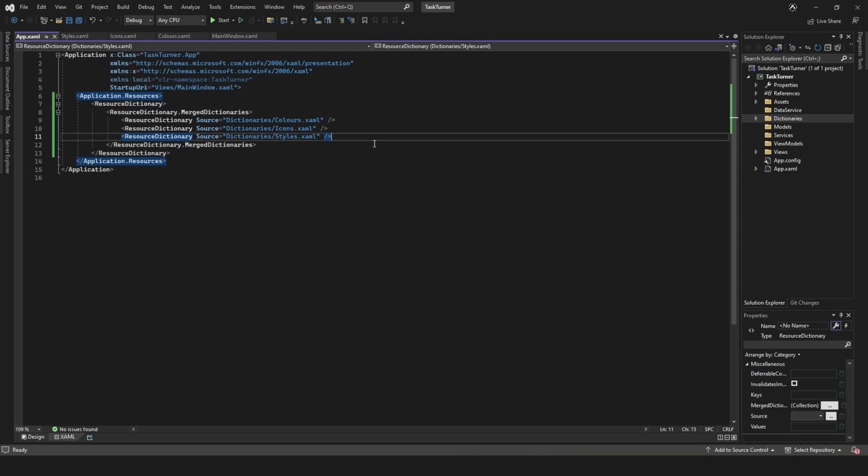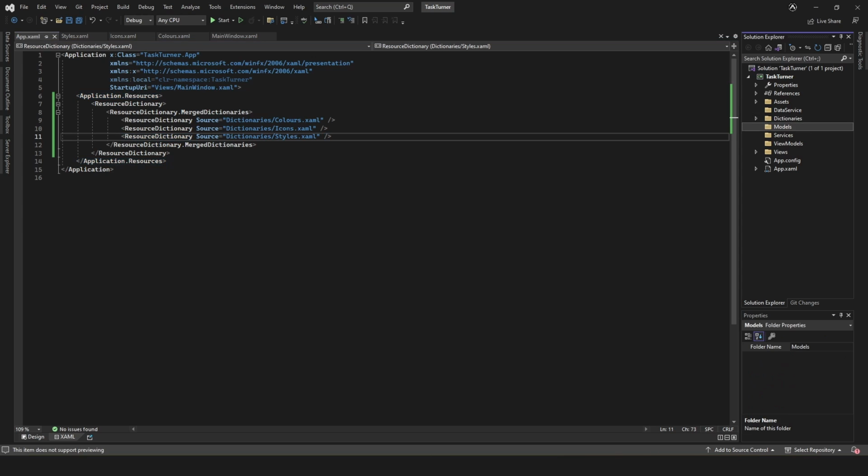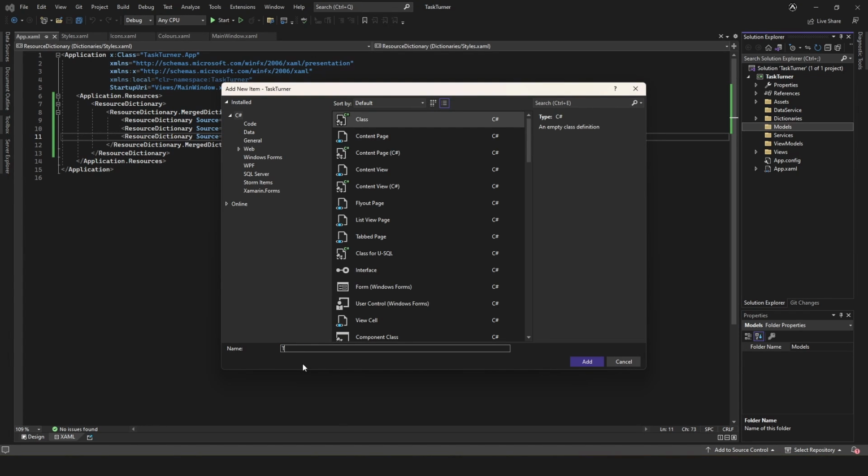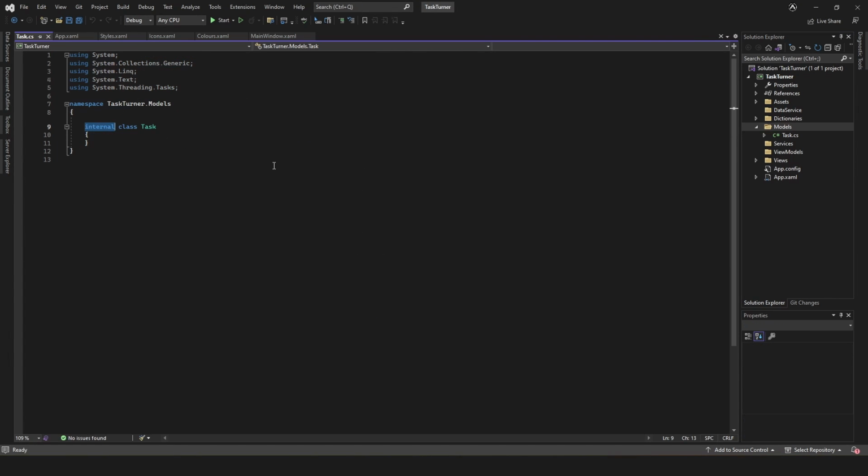So now I want to come over to models, and we're going to add a task model, which is going to contain all the information for our tasks. So let's go add class. This is just going to be task, and change that internal to public. So let's add some properties. So first of all, we're going to have an ID. So public int ID, get and set. Then we're going to add a public string